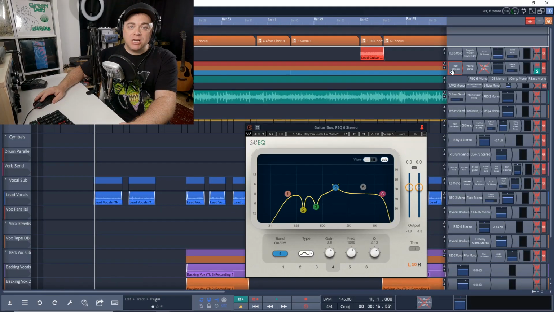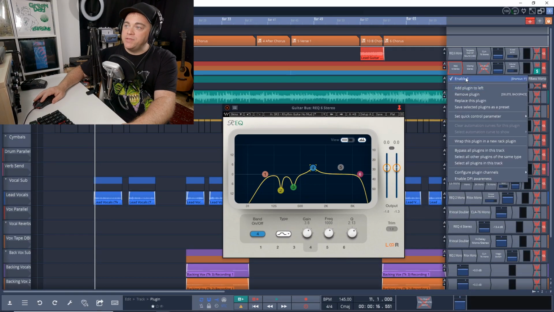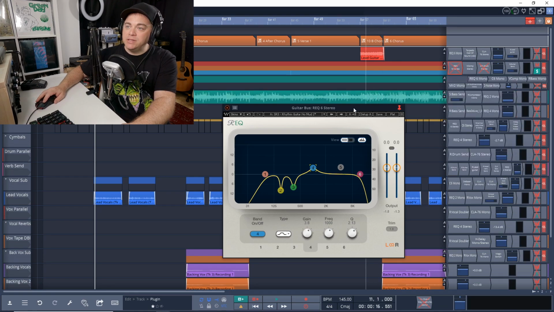Now let's look at a situation where I use the Waves Renaissance EQ all the time, which is on my guitar bus. So let's start this with it off, and then I'll enable it.